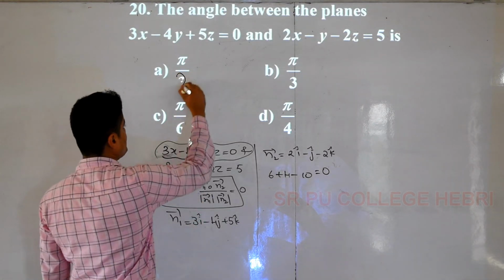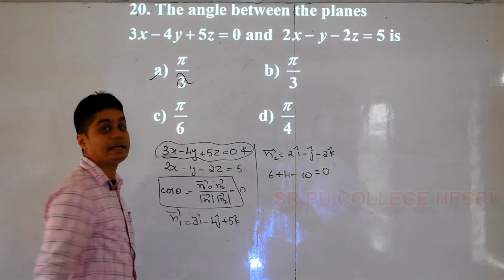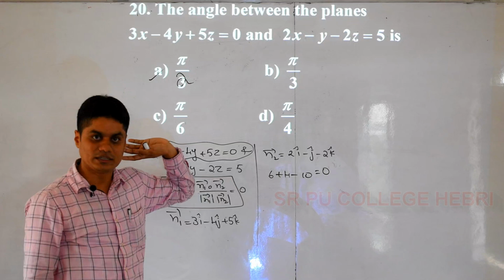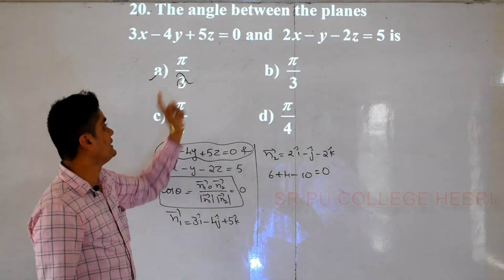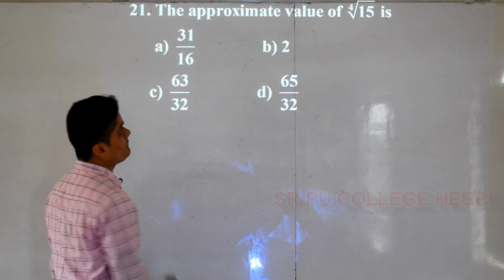So there is one print mistake here, you make the first option pi by 2. So the right answer is pi by 2. Two options are printed as pi by 3, correct one, it is pi by 2. Did you understand? If cos theta is equal to 0, theta should be 90 degree. So the answer is option A. Understood? The approximate value